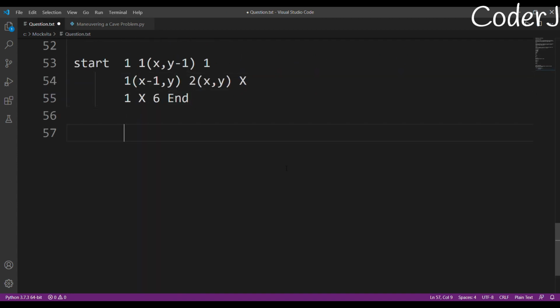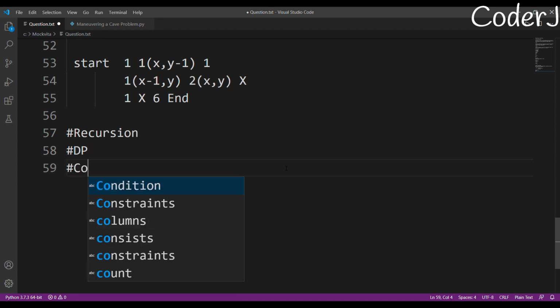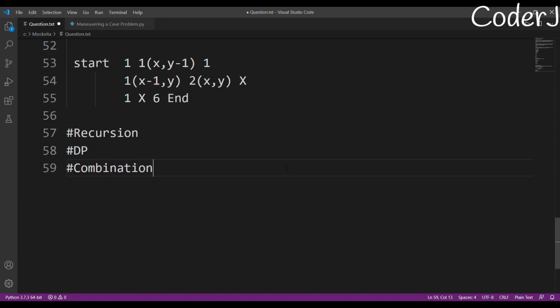But I say that for this problem there's again another solution. The two that we have seen till now are recursion and dynamic programming, and the third one, the best one, is actually combinatorics. Basically, you are just calculating the total number of combinations. But for this, you need to have a good knowledge of quant.